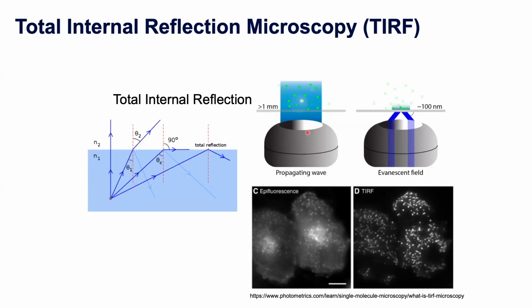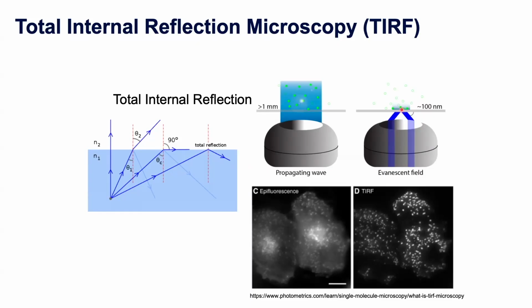So for this widefield example, we have translation straight through. If we get the angle just right, then we can get this total reflection. So actually the majority of the light will bounce off the cover slip and reflect away. The benefit this has is that we're not illuminating the majority of our sample with the laser. What we get is something called an evanescent field, which will just illuminate the first 100 nanometers past our cover slip. Okay, so we're just seeing the structures within that first 100 nanometers into our sample,